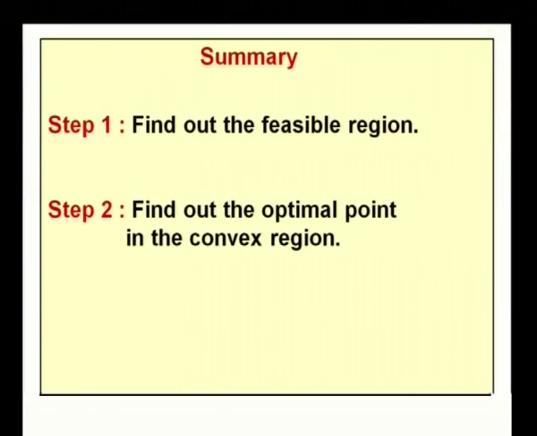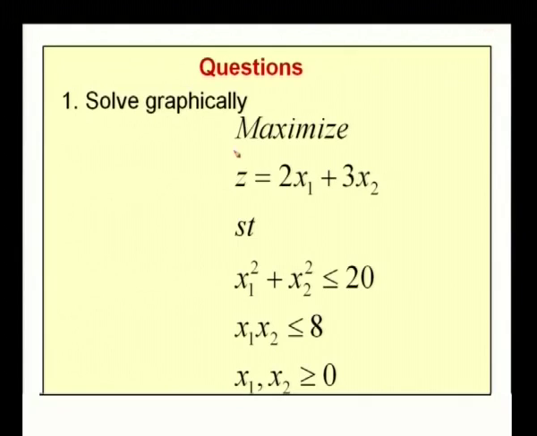So, let me recap the points. While solving a nonlinear programming problem using the graphical method, first by plotting the given set of constraints, we have to obtain the feasible region. Then we obtain the optimum solution with the help of this feasible region. For that, we have to search for the optimal solution in that feasible region, wherein the desired point which occurs in the region, that side of the convex region should be tangent to the given circle. The problem for exercise is